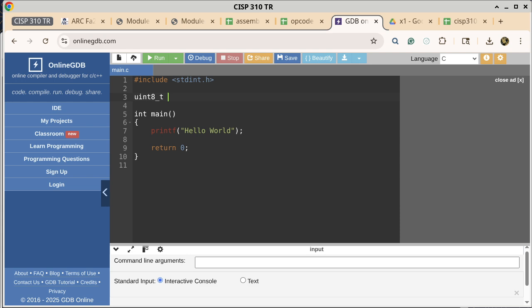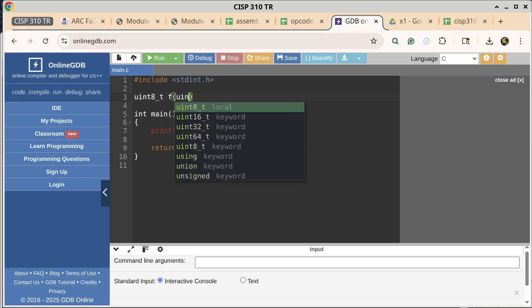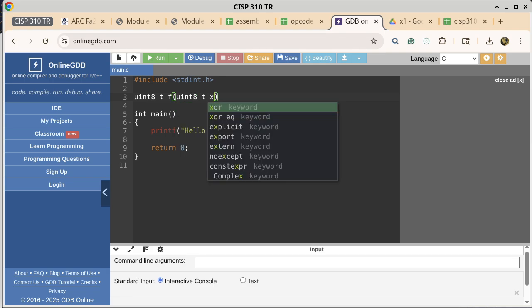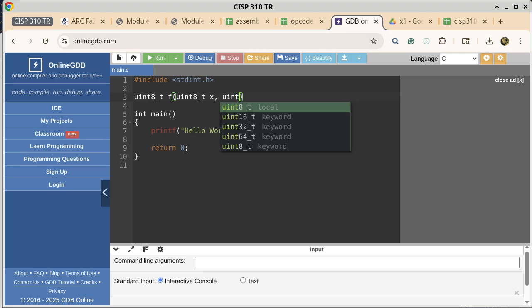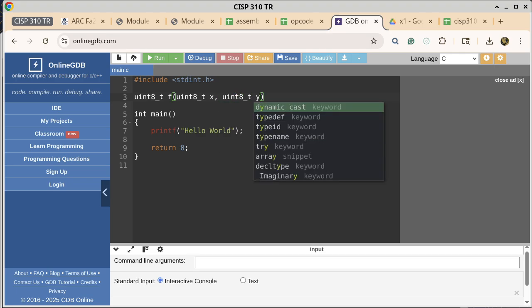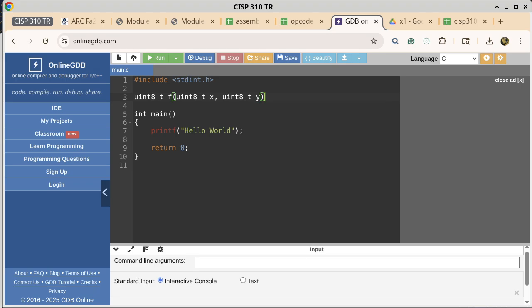a function that returns an unsigned 8-bit integer. That's what uint8_t is representing. And we'll just call the function f. And in it, we are going to take two parameters. One is called x, one is called y. Okay, so those are the names of the two parameters. And the function doesn't do anything other than to return, let's say, the addition or the sum of x and